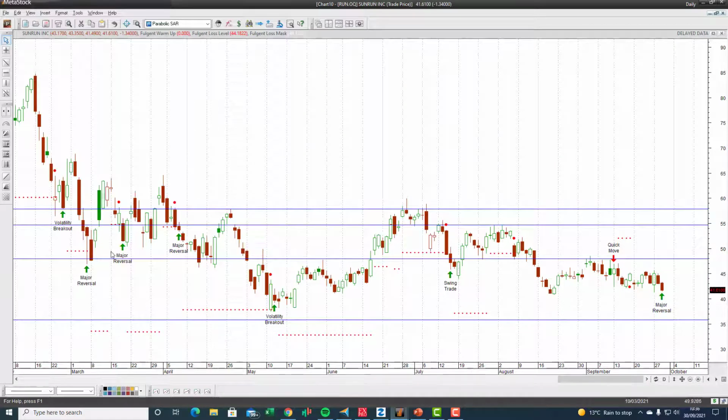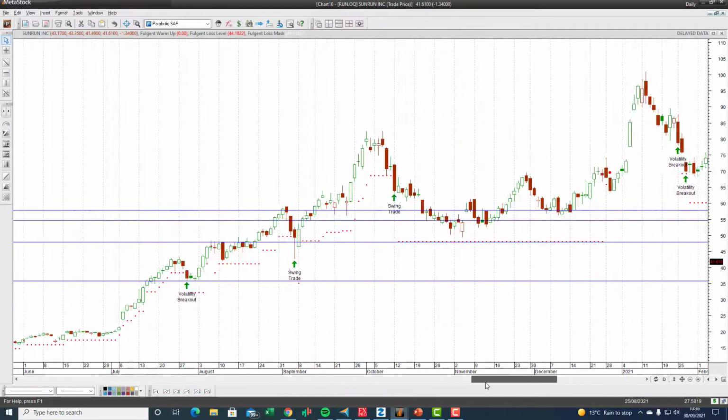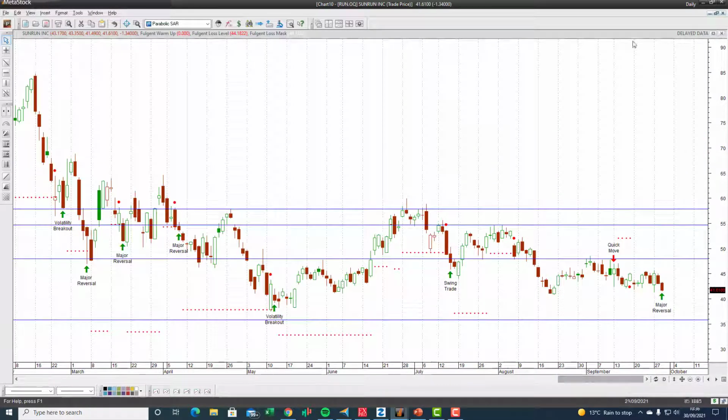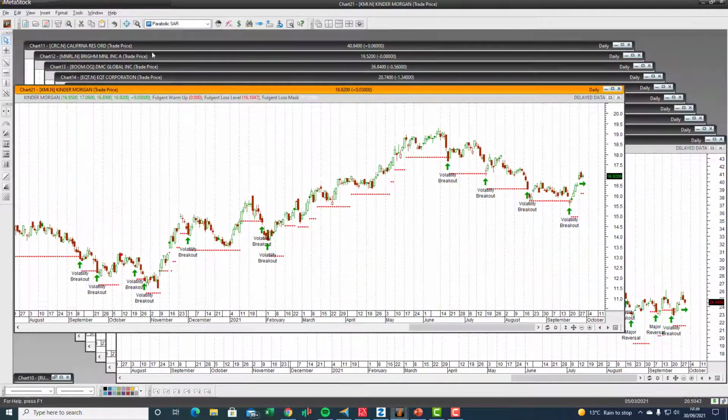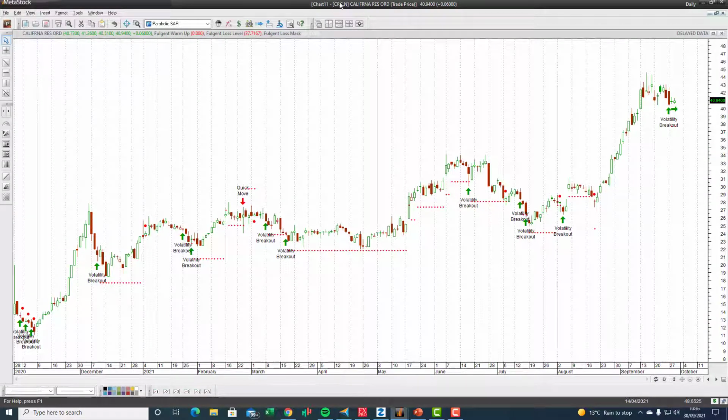We can see we've had some other ones and very successful AI trading of the energy shares. For example, look here, we've captured this May, June, July rally, August, September rally, and then a swing trade there as well. So absolutely fantastic trading statistics. I'll minimize that one. Next one is CRC,